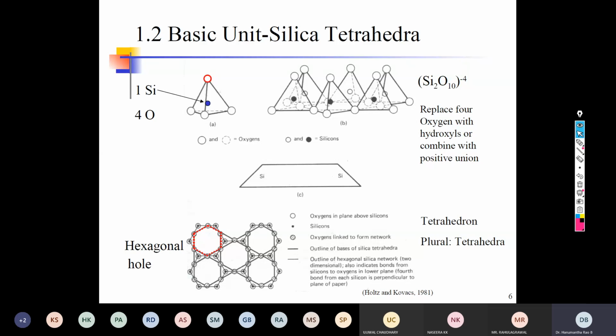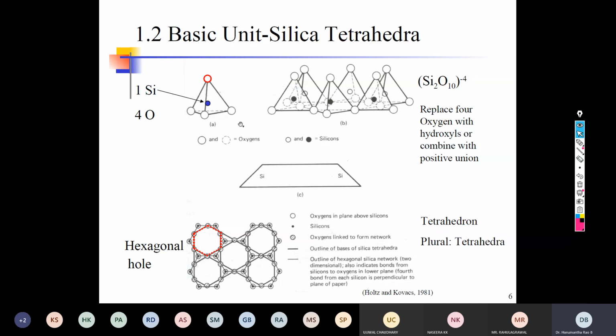Is it clear to everyone? So when you talk about the quartz, it is only this SiO4, SiO2 in fact, silicon dioxide, where there is no possibility of isomorphous substitution. That's why the quartz is so hard. But why can't it hold water like the clay particle? So this is what you have to understand. The first thing is that because of no isomorphous substitution, there is no possibility of charge deficiency.